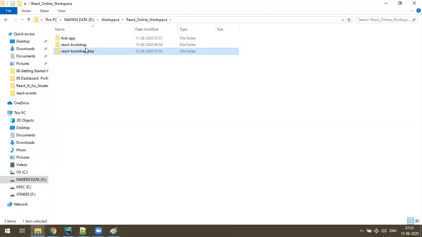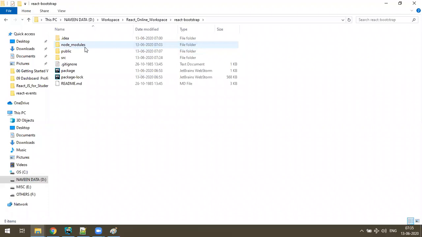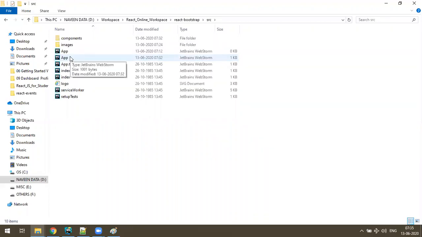Okay, so whenever you create a new React.js application, node modules is a huge folder, around 200 MB, but we know which files we have changed, right? Only the public folder we have modified, and also the src folder. That's it.